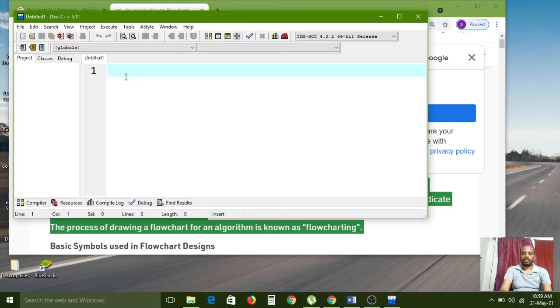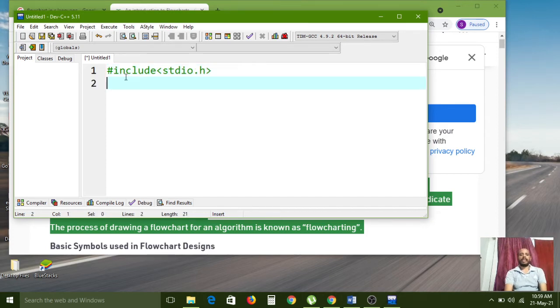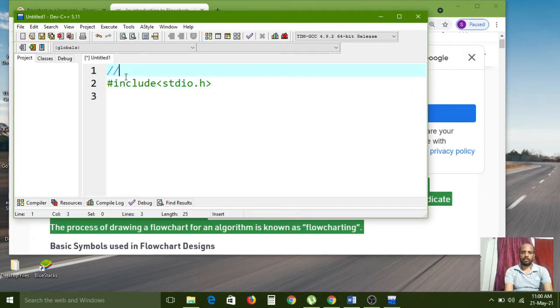Here, #include <stdio.h>. This is a header file. First, my requirement is to display the title of the program, adding two numbers.